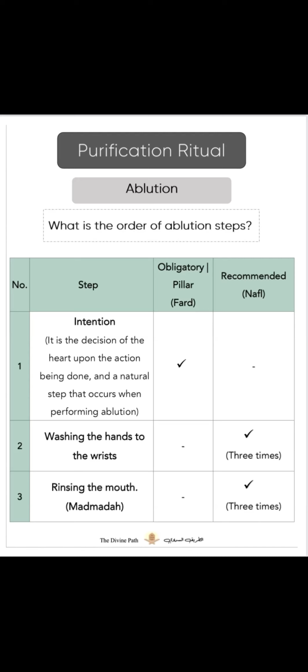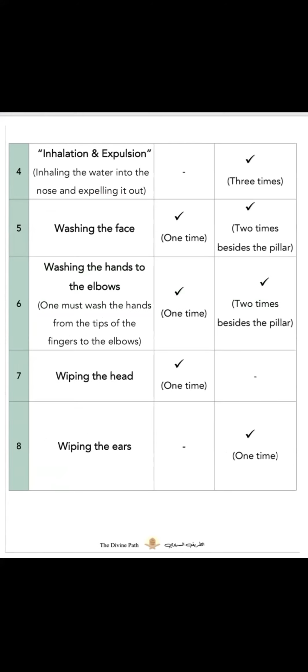Number 3, rinsing the mouth, madmada in Arabic. This is also recommended. Number 4, inhalation and expulsion. Inhaling the water into the nose and expelling it out. This is recommended as well. Number 5, washing the face. This is obligatory. This step is obligatory. So it's 1 time, you have to do it. Cannot be done without it. And 2, and recommended 2 times besides the pillar,